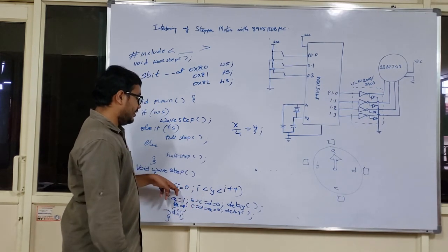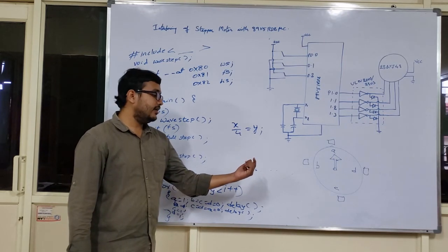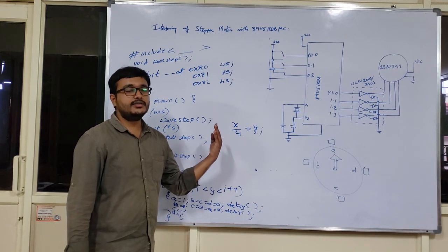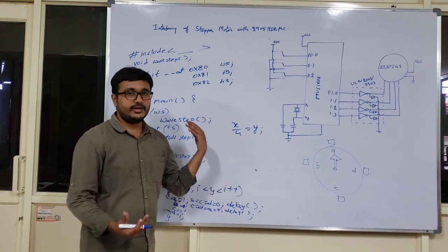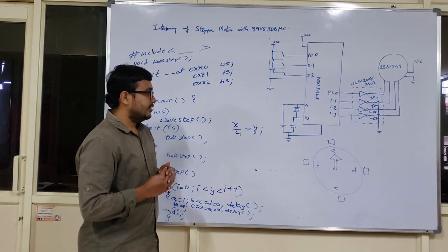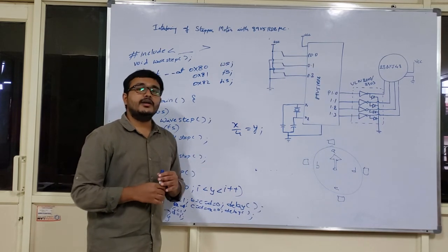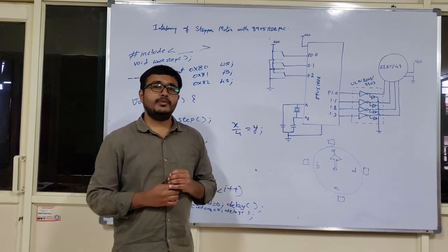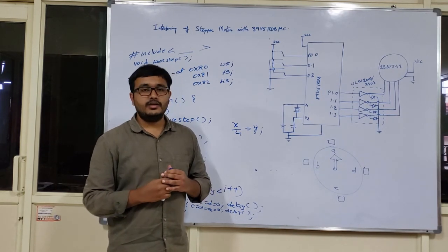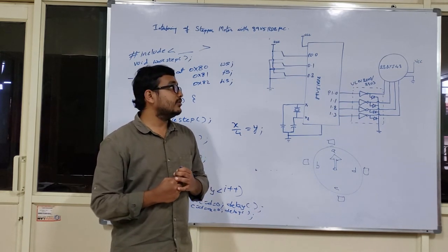That means for I equal to 0, I is less than y, I plus plus, your robotic arm is taking 45 degrees movement in anti-clockwise direction. That is, it is having an angular displacement of 45 degrees in your counterclockwise direction. In this way, we can do the programming in each and every excitation mode. Okay. Now let us move to the hardware implementation part, and the hardware can demonstrate how an 8051 microcontroller is interfaced with stepper motor module.